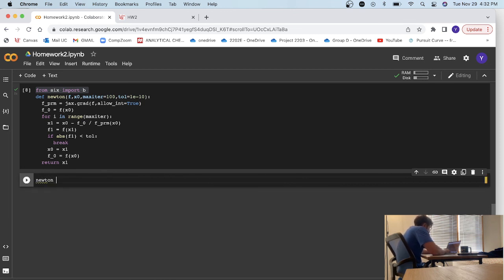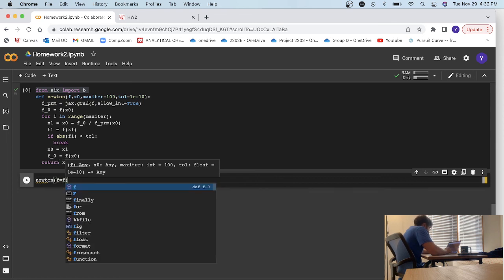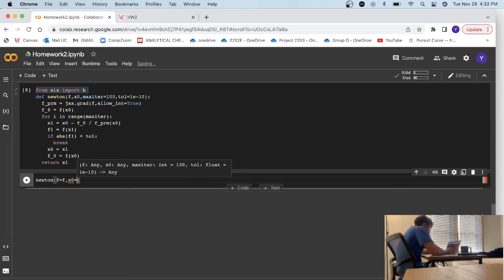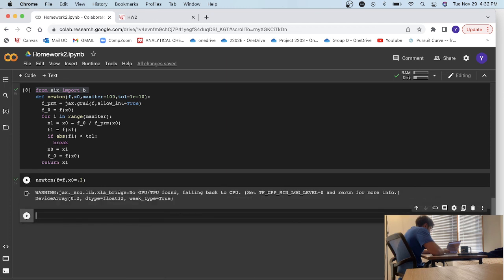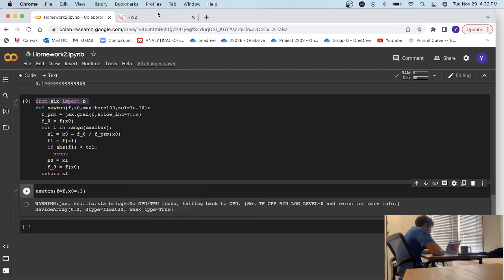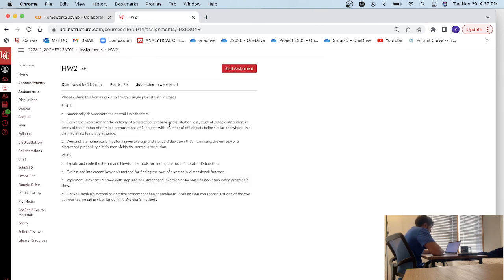So let's call the Newton to find the Newton method. So this is from 1 point, not like point 2. So we found the secant method to find the root, and we found the